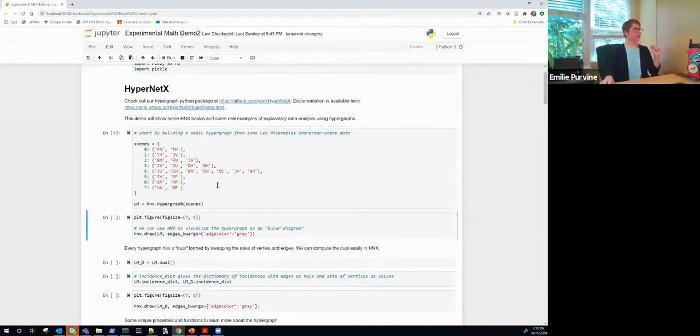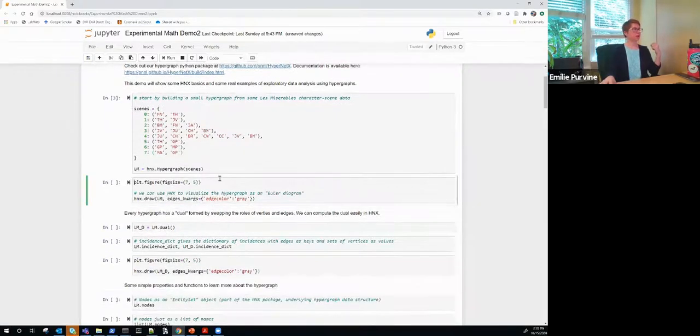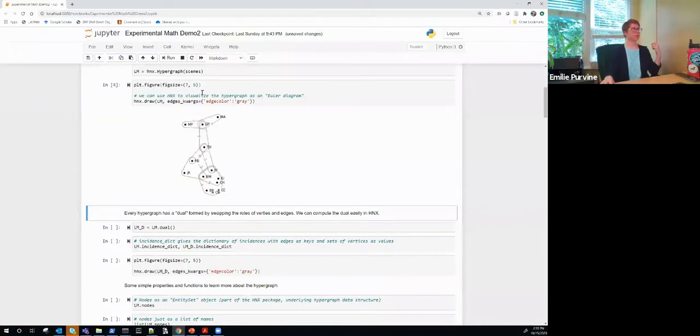The hypergraph that I'm going to build is a subset of the Les Mis hypergraph. You build it really easily from a dictionary in Python. Each scene has a bunch of characters in it. Some scenes are 2 characters, some scenes are multiple characters. As you might have guessed from my slides, we have a built-in visualization tool. It's somewhat of a random layout, so you sometimes have to run it a couple times to get something that looks halfway decent. But it's a flexible visualization tool, and it allows you, for small hypergraphs at least, to see what's going on.